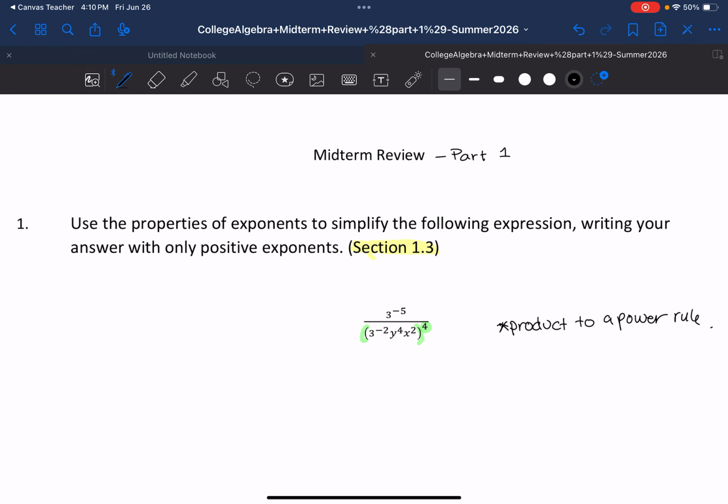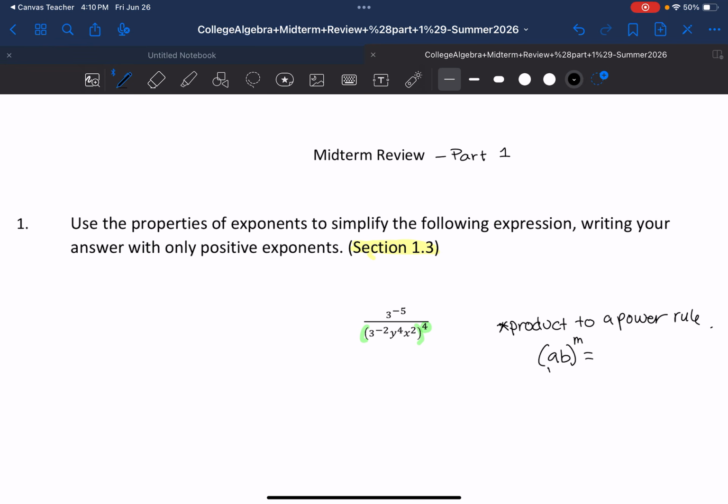And that is when you have multiple things being multiplied by each other, and then it's all raised to an exponent like this. So because all of those are sitting next to each other, they're being multiplied on the inside. And then that exponent of 4 is on the outside, so all of that is being raised. So that rule tells us